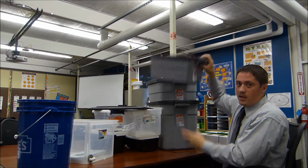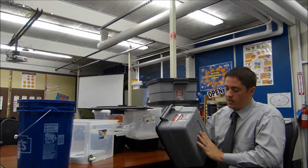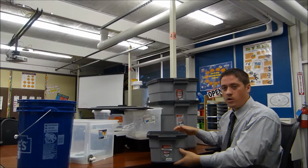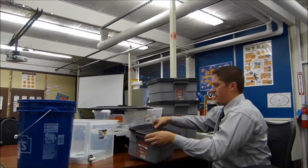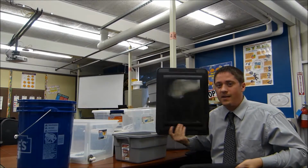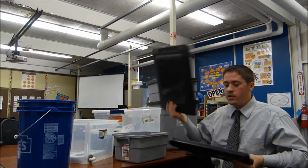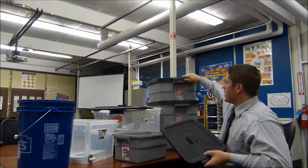I just picked up this 3 gallon container this week. I'm really excited about this one. I love the large Rubbermaid ones. And there's a difference between maybe the hard plastic that has the ability to crack if you drop it, or it gets brittle over time. But the Rubbermaid ones cut very easily when you're cutting holes in the lids,